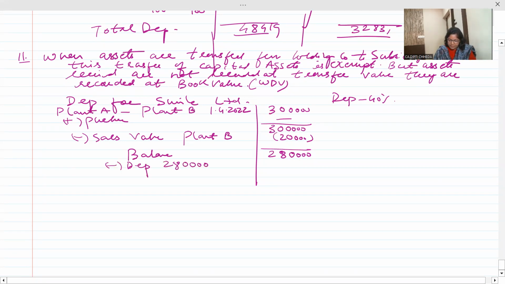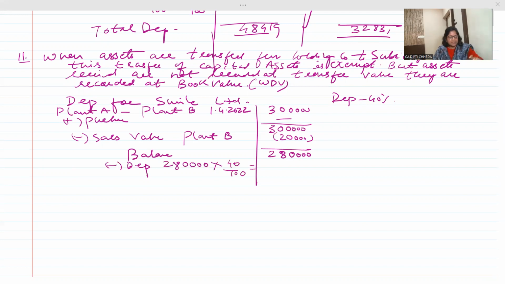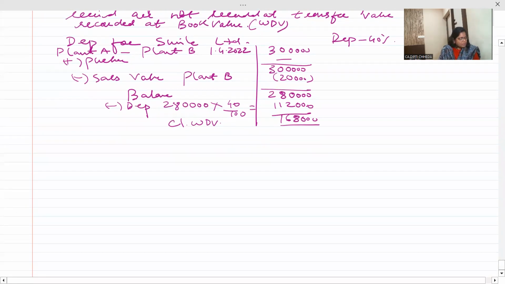Now depreciation. You all remember on the sale value there is no depreciation, dear students. So on 280, 40% is the depreciation. One lakh 12,000. What is the closing WDV? One lakh 68,000. 1,68,000. Now, next,